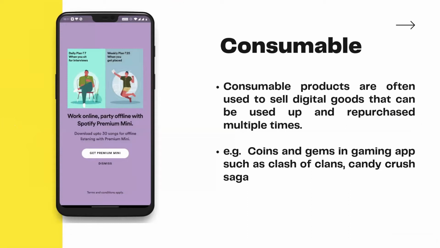As Love has already mentioned, in-app purchase offers 5 types of categories: consumable, non-consumable, auto-renewable, non-renewable, and there is one optional category, that is the free trial. So first we will see the consumable products. Basically, consumable products offer the user the ability to buy one product multiple times. That is, the user can buy that product multiple times.